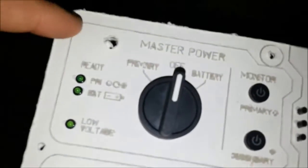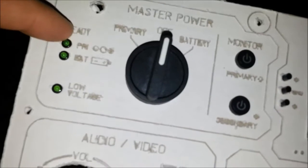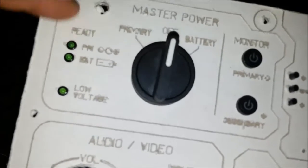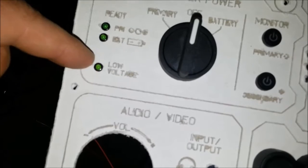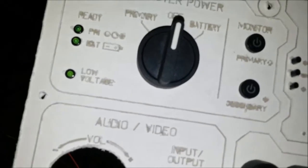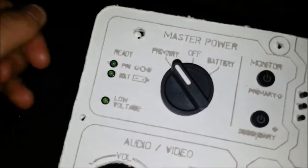I've changed the power unit here to say ready, so when I put power to the unit, it'll tell me which one's plugged in, so I can have battery or primary. Primary is AC to DC. And then when I have low voltage, if I'm on battery, that low voltage red, not green right now, but it will be red, it'll start flashing, and there'll be a sound effect that says low power or something, who knows. But it's as simple as plug the power in and put it to primary or put it to battery,